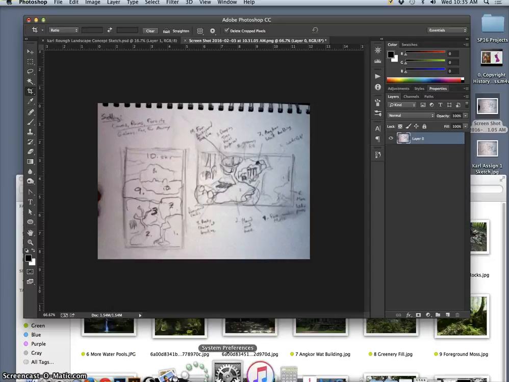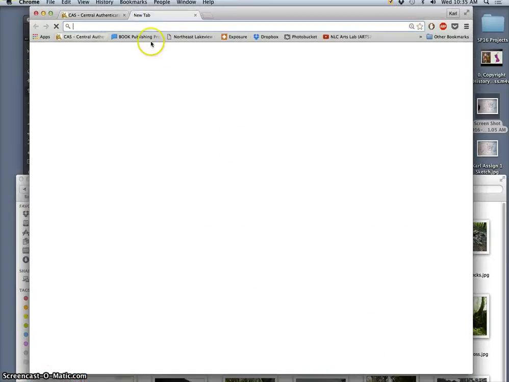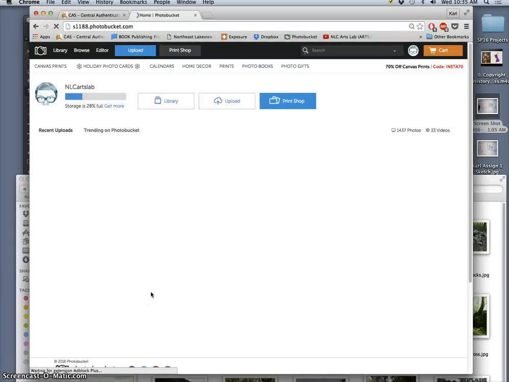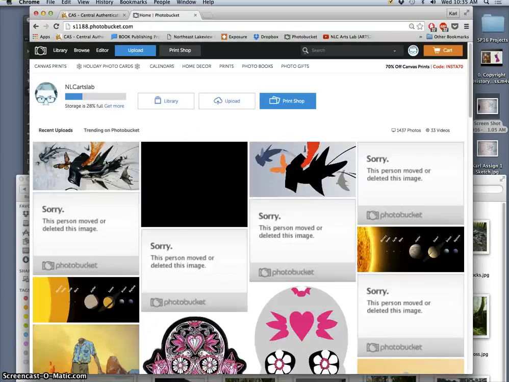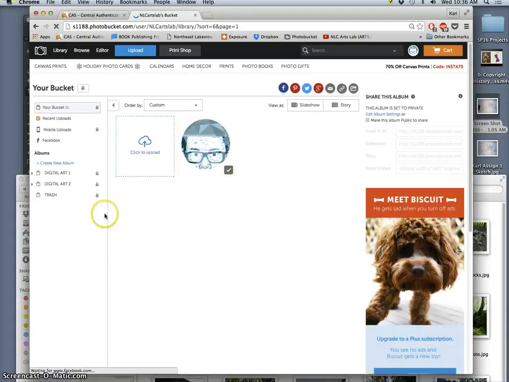So that's what I'm going to come around and help you guys do. If you already have your sketches, we're just photographing them and putting them on the computer because we're going to be using them more. And then the next phase is getting them onto PhotoBucket. The benefit of doing that is that you're already acknowledging the deadline. Even though this isn't due until next class, by having something in there that you're going to label with your name, you know you're safe. You can work on it without stress